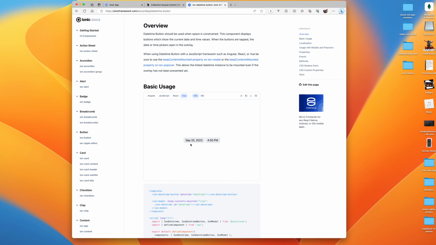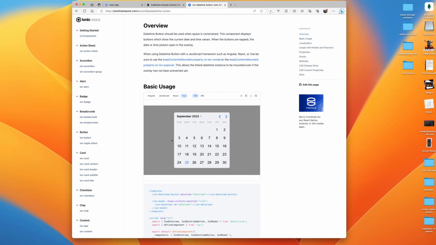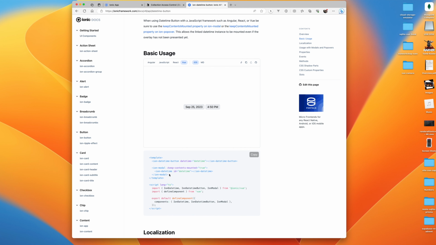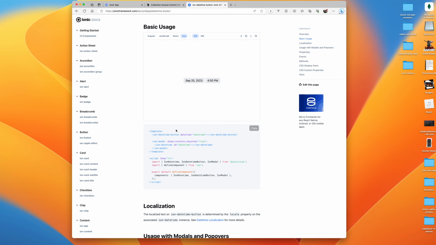And so you get this little button, and when you click on the button, it will display a calendar for you to pick a time. So this is what we're going to leverage in our example. The awesome thing I like about Ionic is that it has the sample code for Angular, plain old JavaScript, React, and Vue, and it also provides the source code right below that you can basically just drop in. So let's just copy this Ionic DateTimeButton